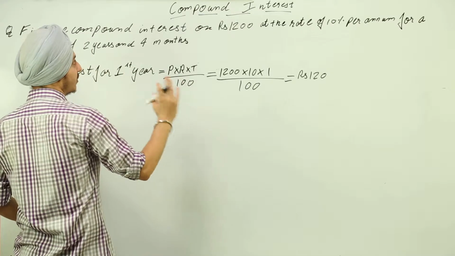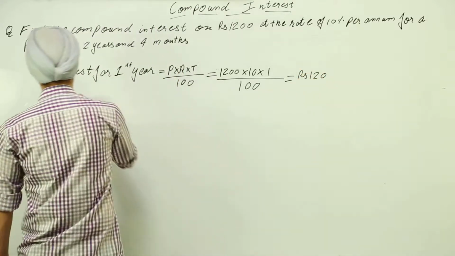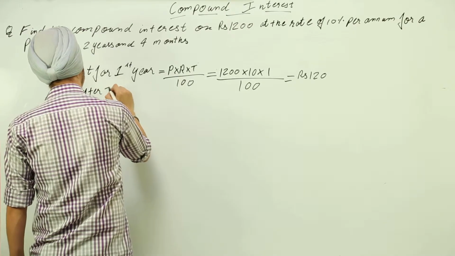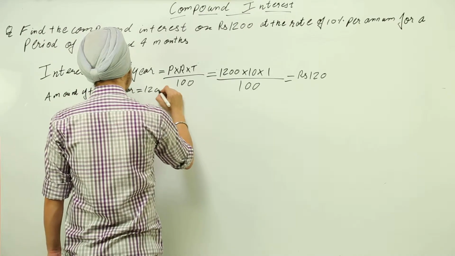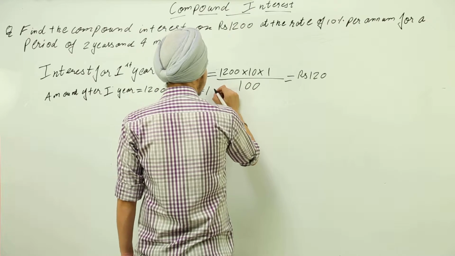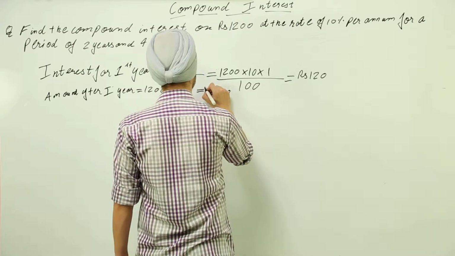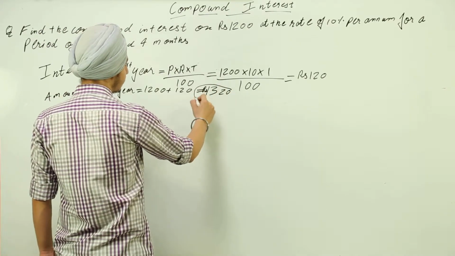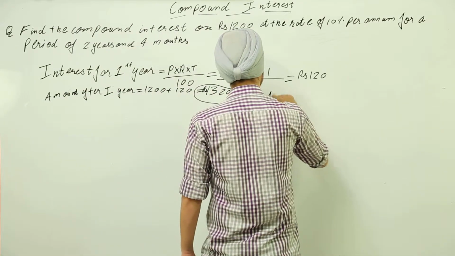Now the amount after first year will be principal plus the interest. That comes out to be amount after first year is equal to 1200 plus 120 is equal to 1320 rupees. So this is rupees 1320. Now this is also the principal for the second year. So this is also the P for